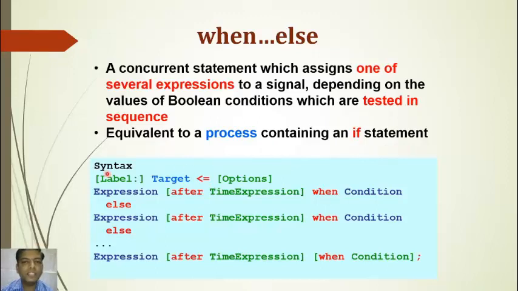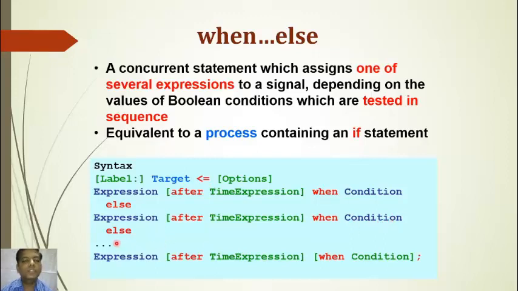Here is the syntax for when-else. Label, colon, then in square brackets the target, less than or equal to, options, or the target is assigned options. Then an expression inside square brackets, after time expression, complete with when condition, else again another expression with after time expression, when condition.